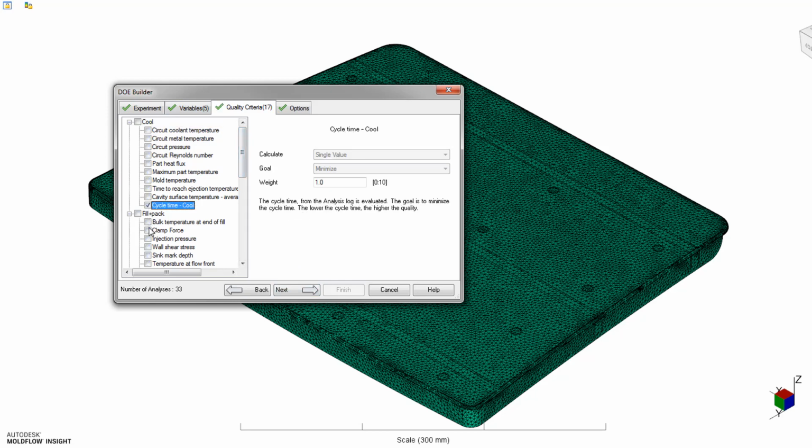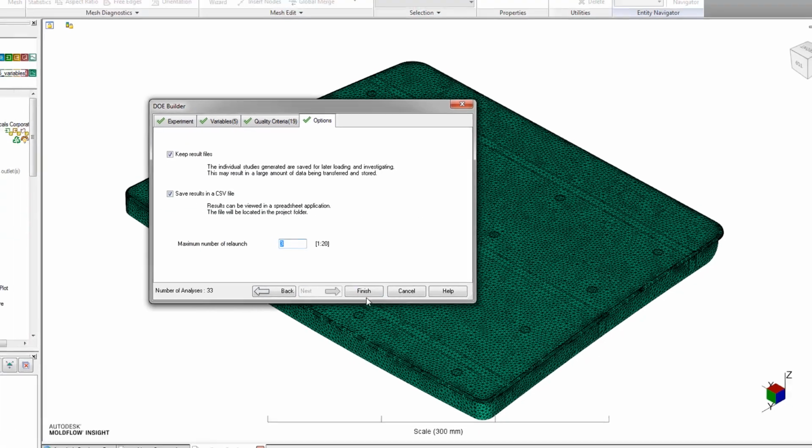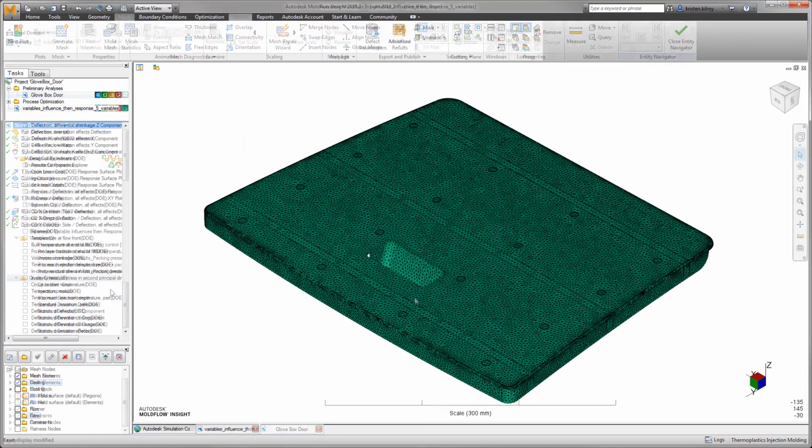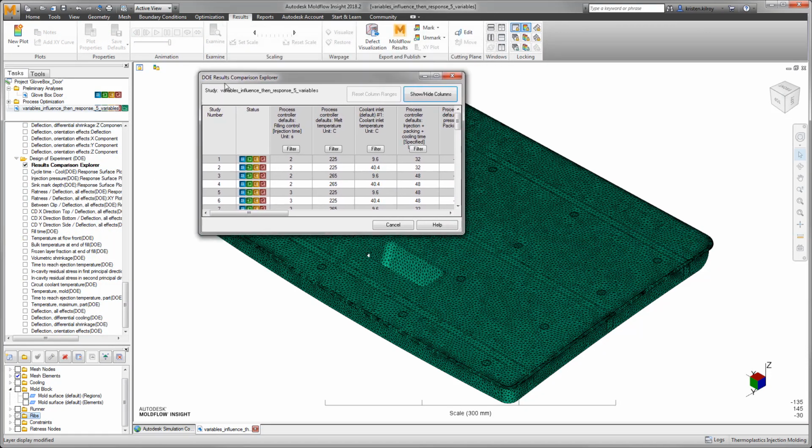Although we're only looking into the reduction of sink mark depth, adding additional quality criteria helps identify if making changes to reduce sink mark depth will also result in other concerns. We'll add cycle time, injection pressure, and warpage to confirm the part remains in tolerance and machine pressure is not maxed out. After running the analysis within Moldflow, the summary table provides the analyst control to filter the many process